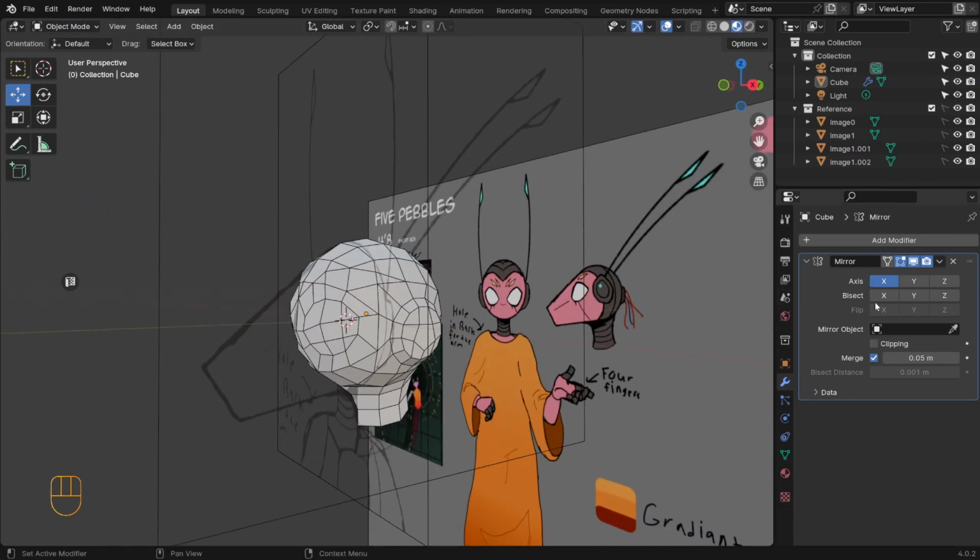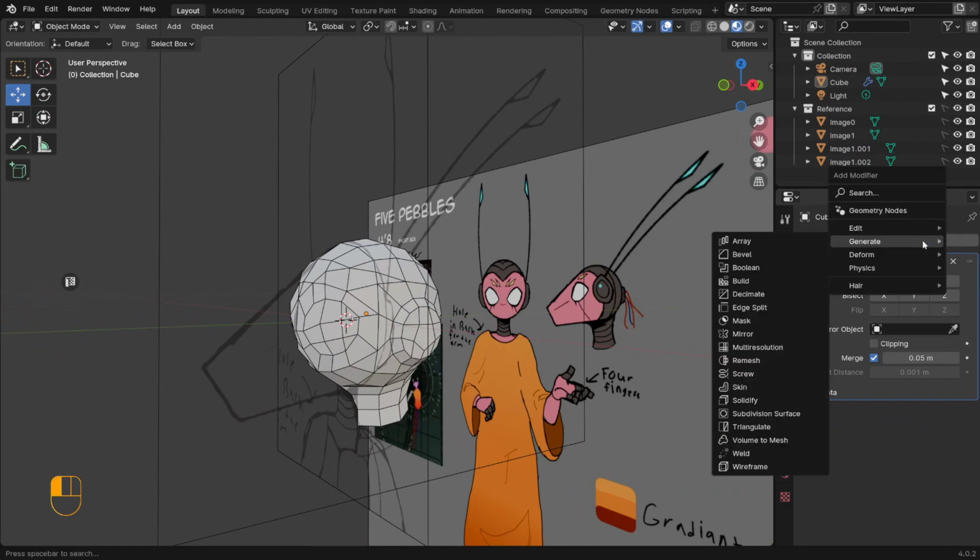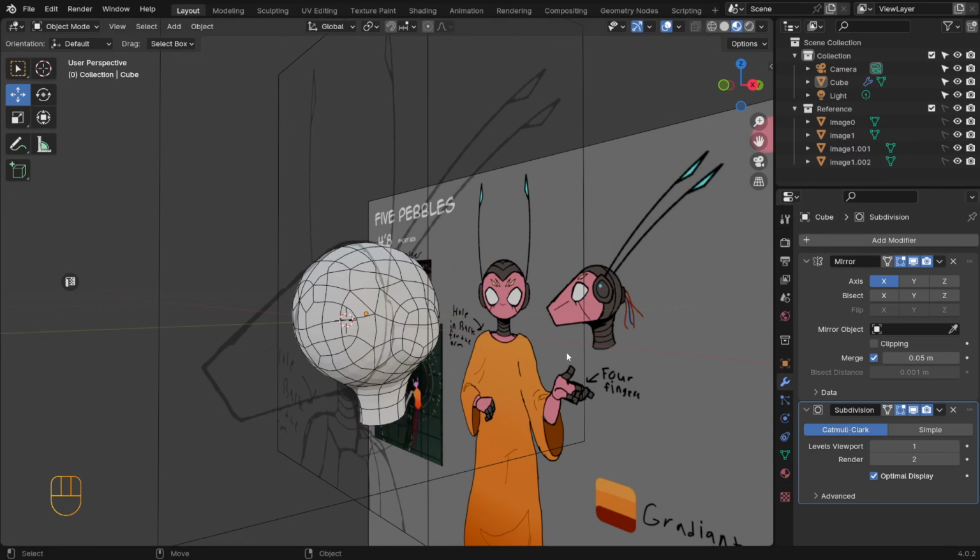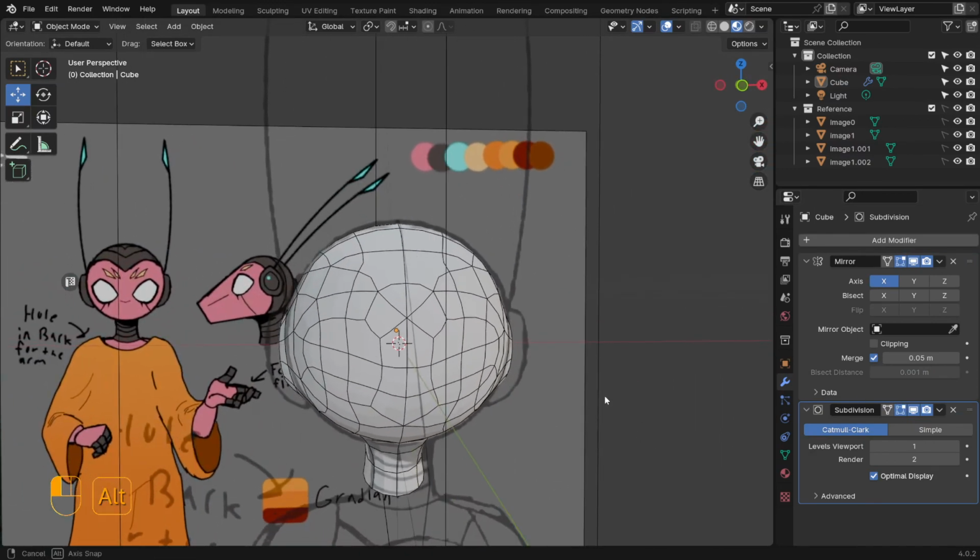So what you can do is add a subdivide, generate. Probably want to do, debating here. Let's do multi-resolution. That way I can show you some sculpting. Because if you do a subdivision, you can edit and it will smooth out. Let me just show you subdivision first. So it smooths out this